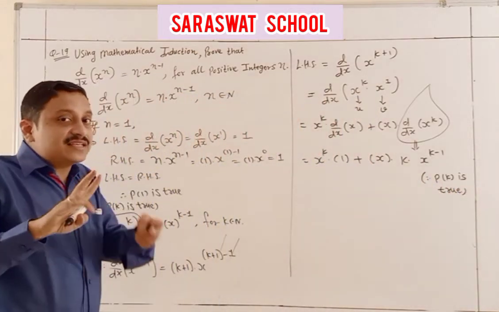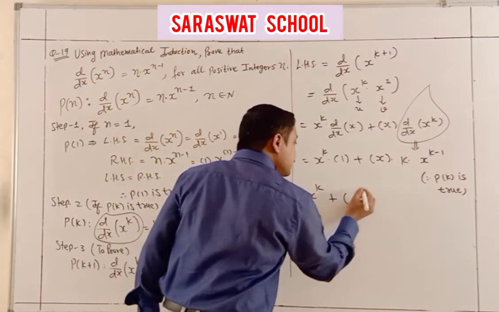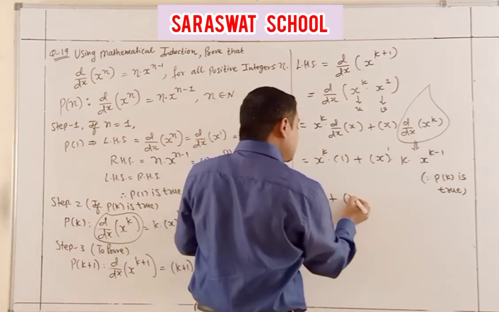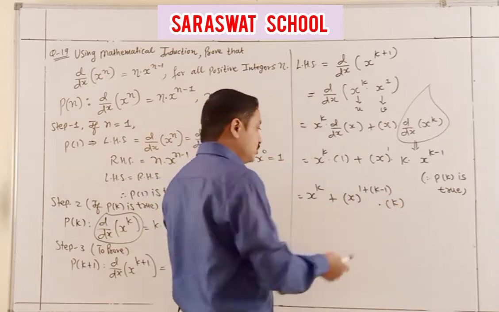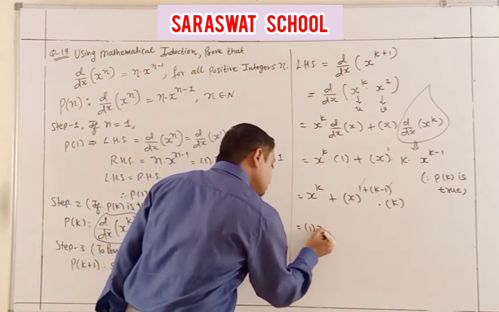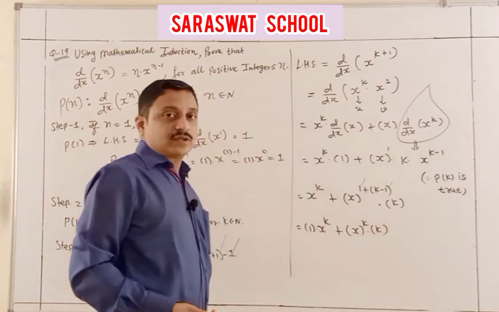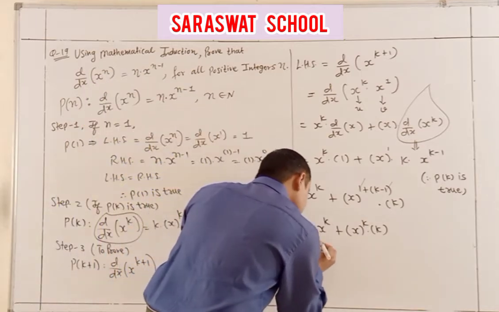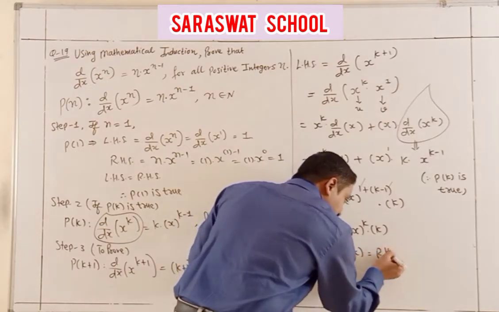Yes. Now the base is the same. Again you check power addition. So x raised to k: here this x raised to 1 and x raised to k minus 1, I just add the powers, giving x raised to k. Now this 1 and this 1, I have 1 into x raised to k plus x raised to k into k. Now what is the common factor? x raised to k is common. So we take only x raised to k common, remaining 1 plus k, and sure that is my